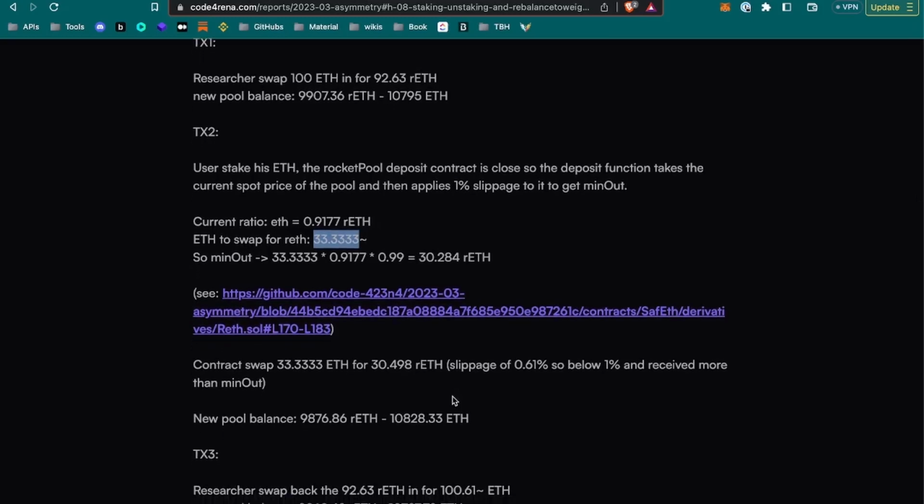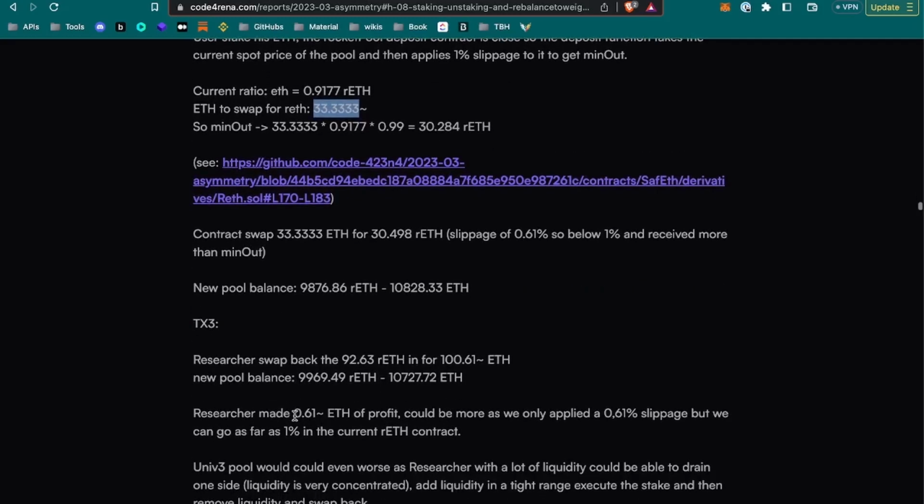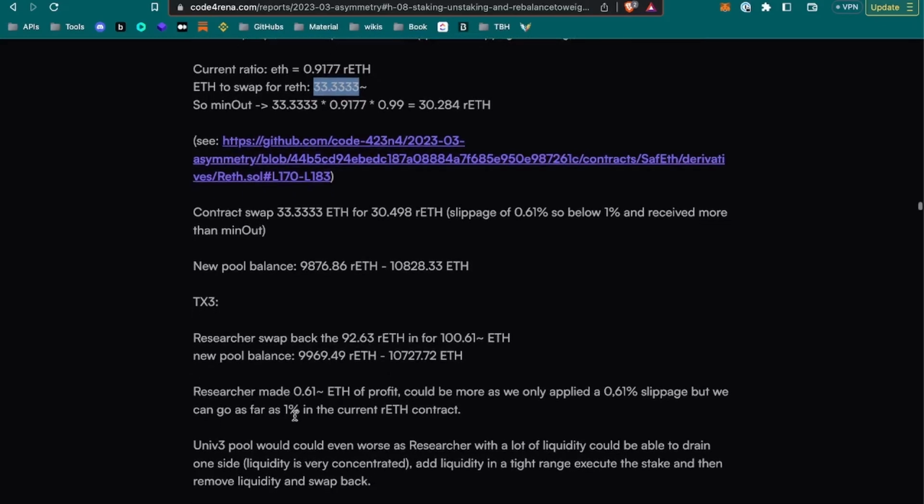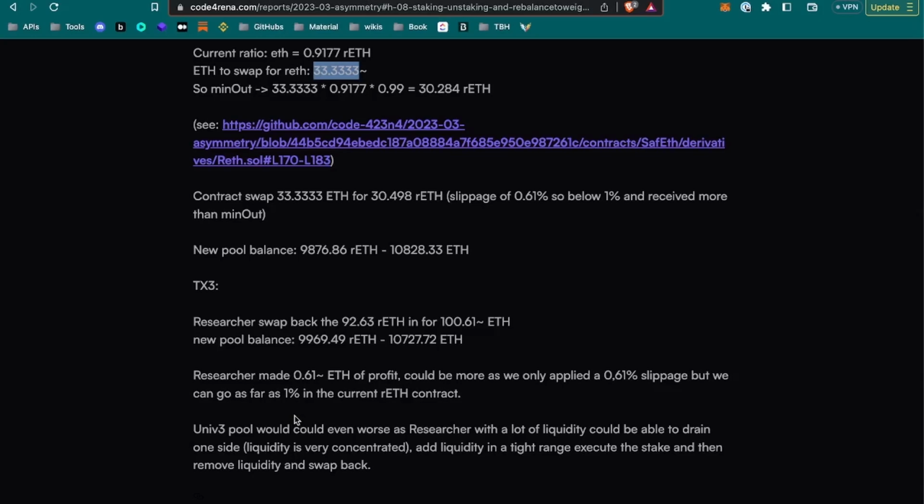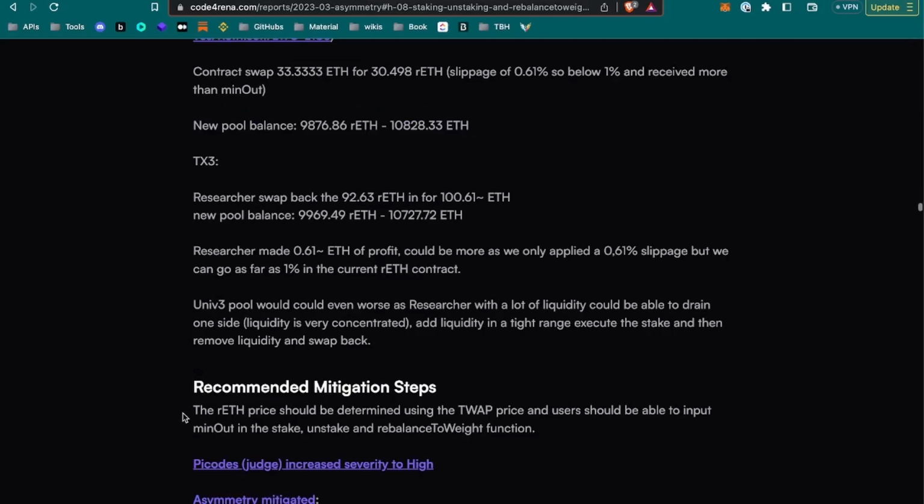The new pool balance is that. Transaction 3: the researcher swaps back the 92.63 rETH for around 100.61 ETH. The new pool balance is that, and the researcher made 0.61 ETH of profit. It could be more as we only applied a 0.61% slippage, but we can go as far as 1% in the current audit contract. A Uniswap v3 pool could be even worse